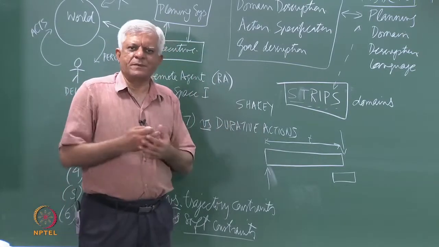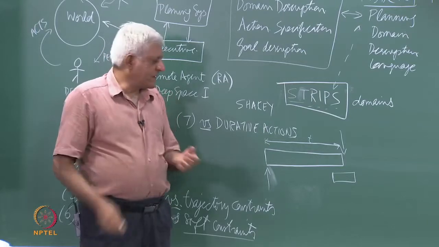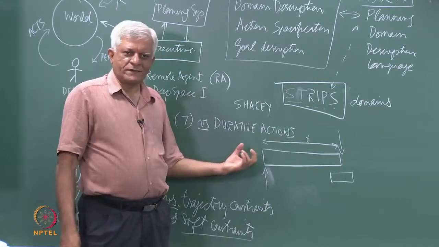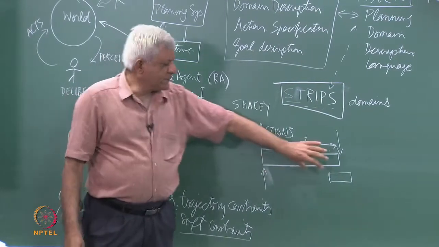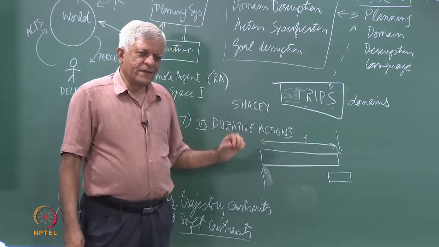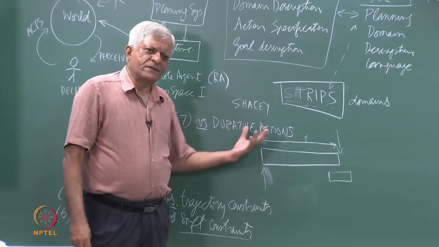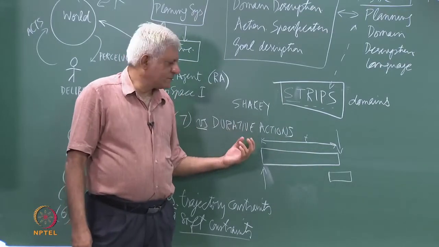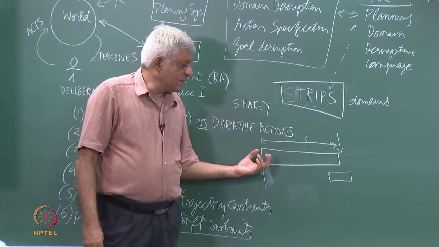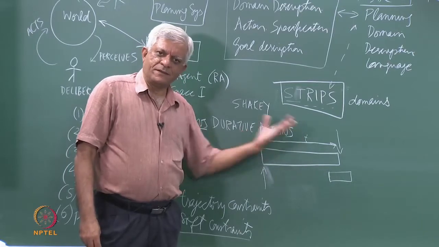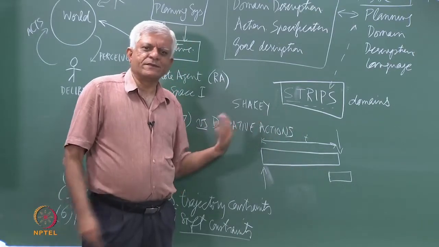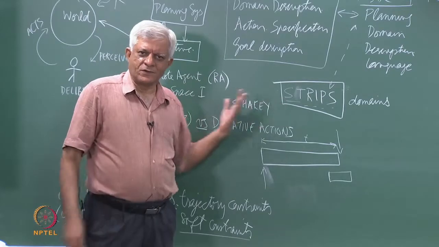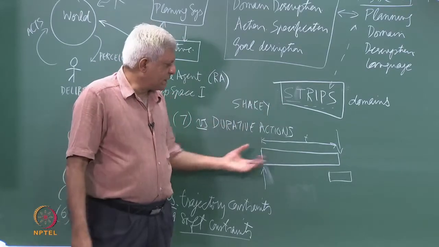So, one way that some people have tried to model durative actions is by splitting it into two actions, saying this is a start action and this is the end action essentially. But durative actions will have conditions like something must be true throughout. So, for example, if you are taking a bath, then you might have this condition that the light must be on throughout, that you are afraid of the dark or something like that.